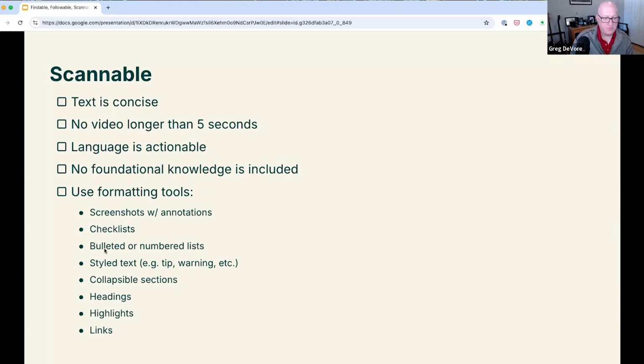And then with the formatting tools, there are the ScreenSteps annotations, checklists, bulleted lists, numbered lists, and collapsible sections, which we didn't talk about. Those can be handy to use, so you can have a heading that expands out more content underneath it, highlights, and then I haven't shown this, but there's a great feature in ScreenSteps called inline links where you can pop up a whole separate article. So instead of just referencing something, you can have the link to it. And when they click on it, it will bring up that article on top of where they're at. That can be a great tool if this is optional content that they need to go through, then they can pop that up.